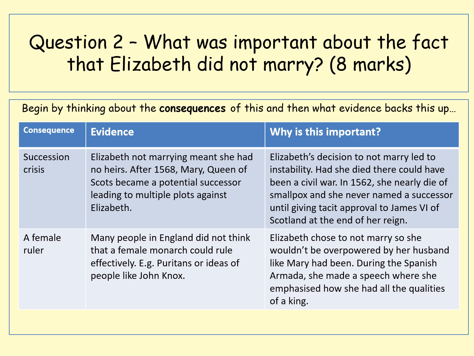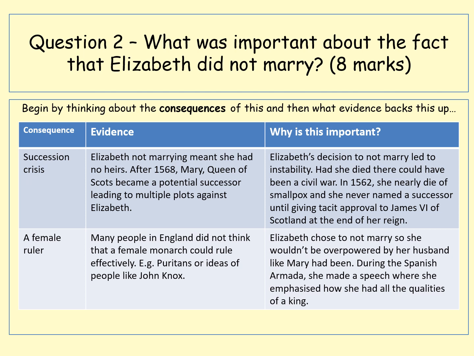So I would say, well, one of the first things that's really important about the fact Elizabeth did not marry is it led to a succession crisis because there was no obvious heir to the throne. And then obviously you can talk about the fact that we've got the Stuart claim. And that's really important with Mary Queen of Scots, especially when she comes to England in 1568. But then we've also got the Suffolk claim as well with the Grey family,